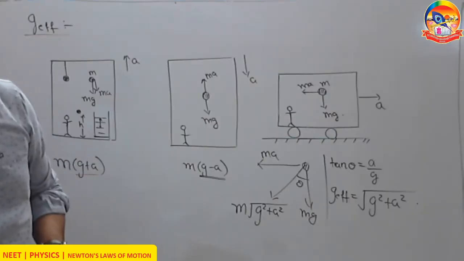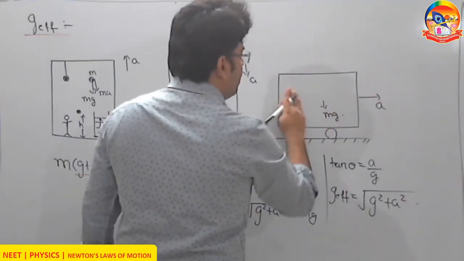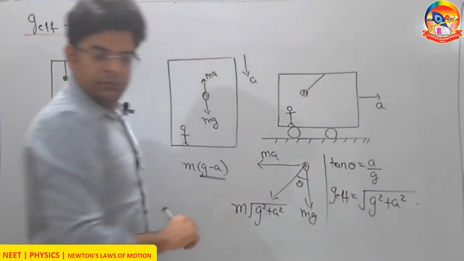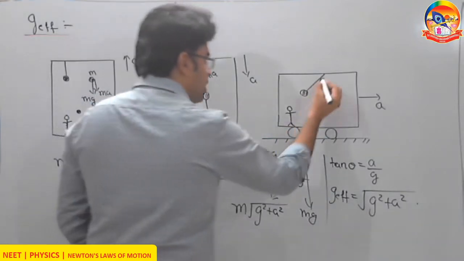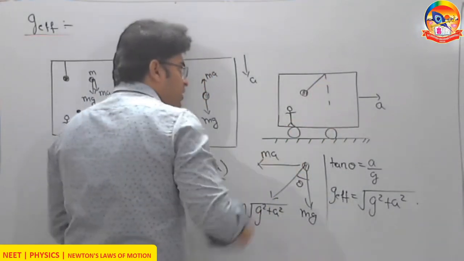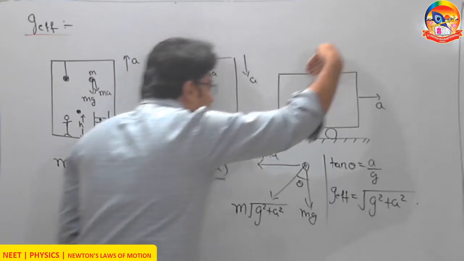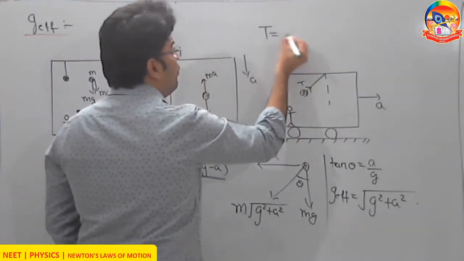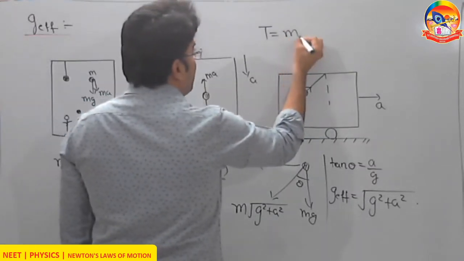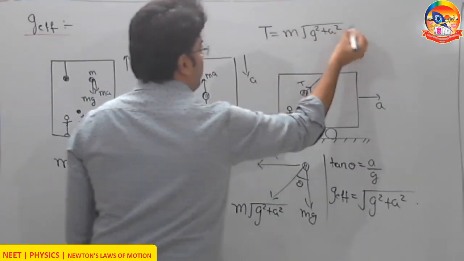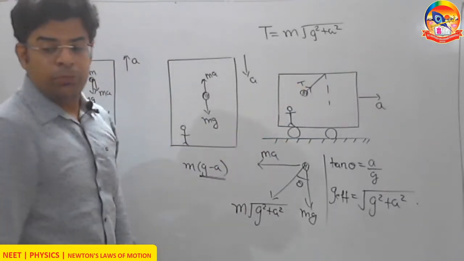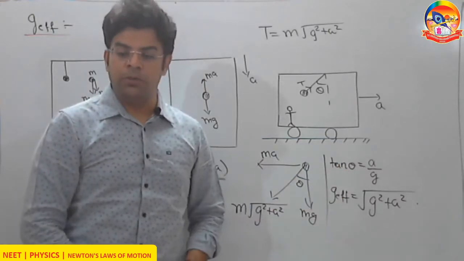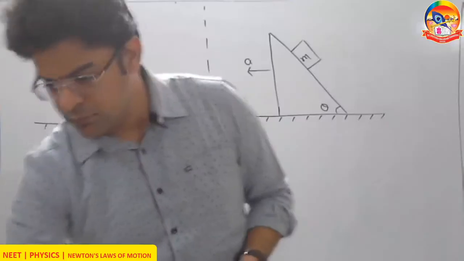One fun fact here, if let's say this person observes a bob to be hanging in equilibrium, this means that in his world the acceleration due to gravity is at some angle theta. So the tension observed in this string will be equal to m times under root of g square plus a square, and this string will appear to be in equilibrium at some angle with the vertical, and then tan theta should be equal to a by g.